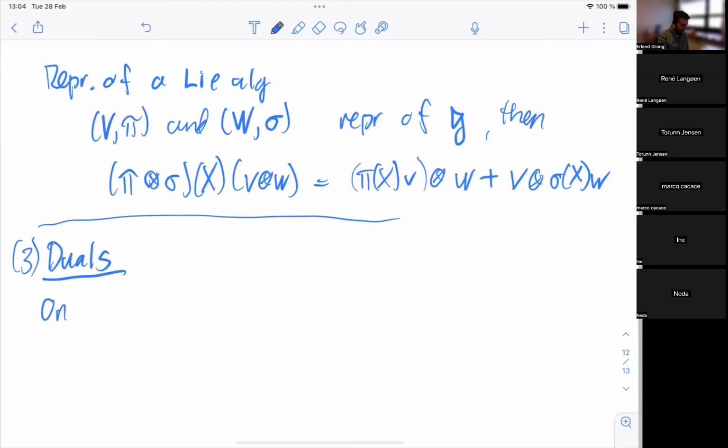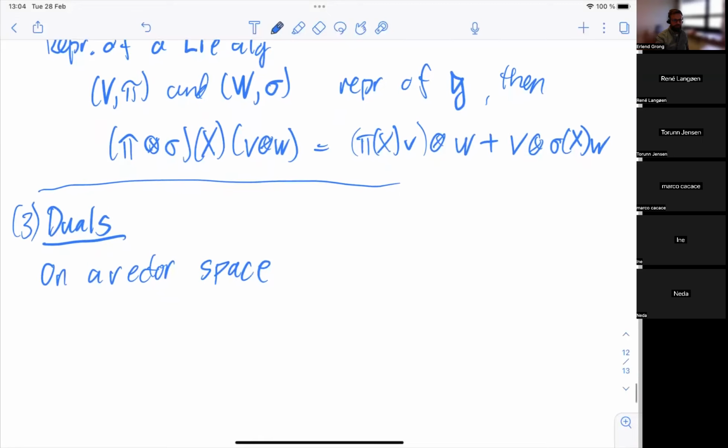So on a vector space V, V star is then the dual, and that's the collection of all linear maps from